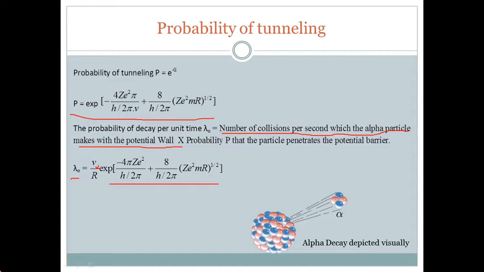So I said earlier that even if one of the factors is less, if the particle does not put in an attempt, the decay constant, you can see, is going to be affected. The probability of tunneling is going to be less, the decay constant is going to be very, very less. So the half-life is going to be very, very large. So it's not going to decay. So you need a large value of V by R. Here you can see the velocity is this and this is there. So you need both of them, and the half-life, as we know,